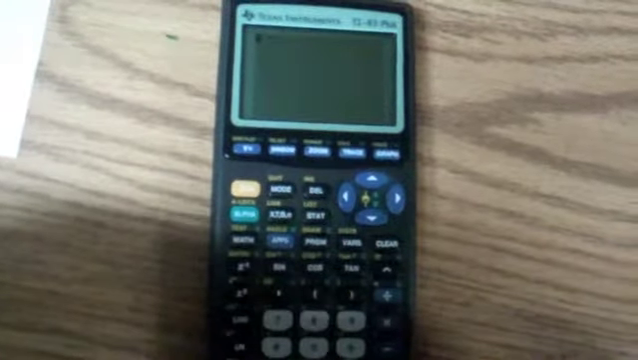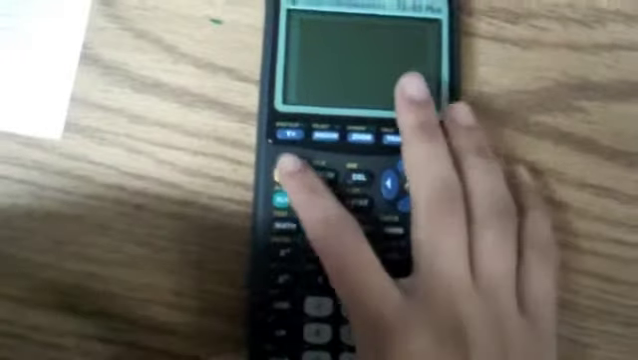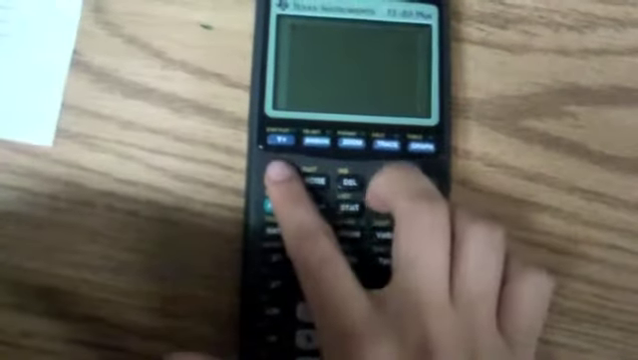Okay guys, we're group 9 and today I'm going to teach you how to make a scatter plot while using a graphing calculator. So first thing you want to do is probably clear your graphing calculator, so you hit second